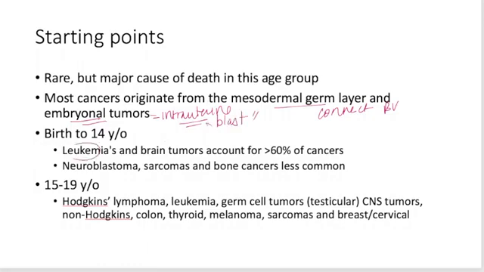Leukemia is the most common malignancy in children, and it usually occurs between 2 and 5 years. And if it presents, it's usually acute lymphoblastic leukemia. The solid cancers will end up being your brain CNS tumors. When we're talking about the adolescents, we get more into the lymphomas, leukemias, adult-like cancers. Interestingly, with epidemiology, boys are going to be more than females. Caucasian, white, are going to be more than African American, black.